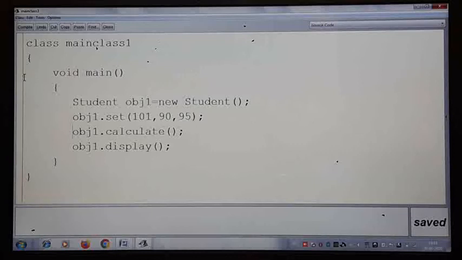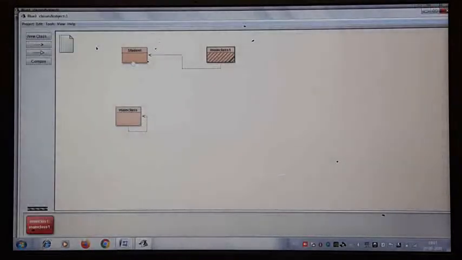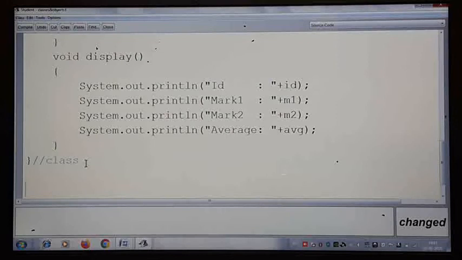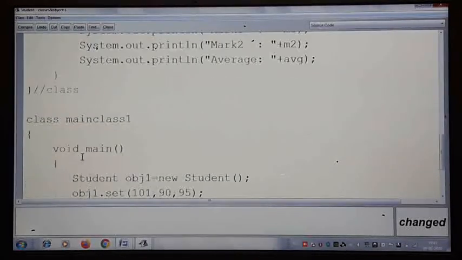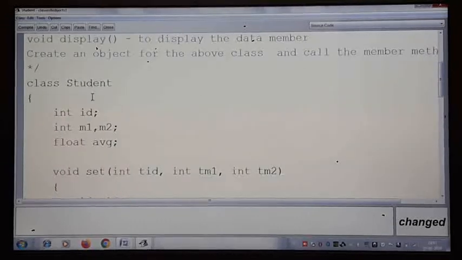Or if you don't want to create it as a separate program, I told you, you can also create it inside the same class, inside the same program only. If you are going to create it after the student, now your program has got two class files, student and main class. There are two class files in the same program file. Now for the time being it is given as student. Now the main class is the one which has to be executed first.